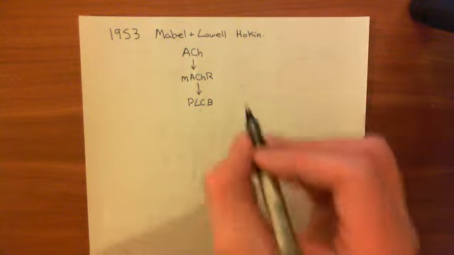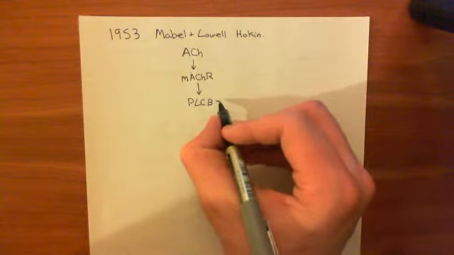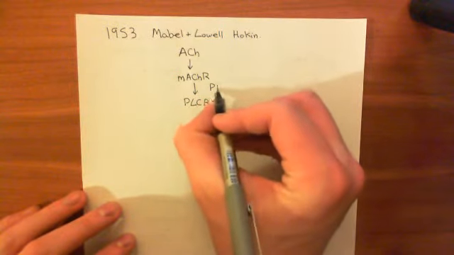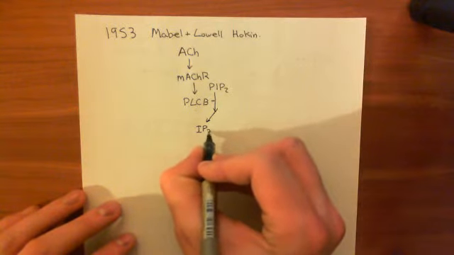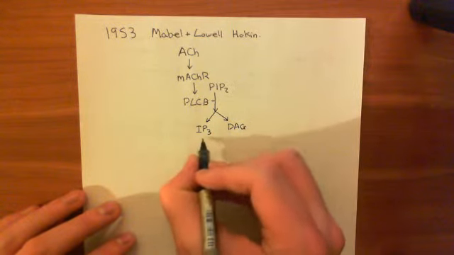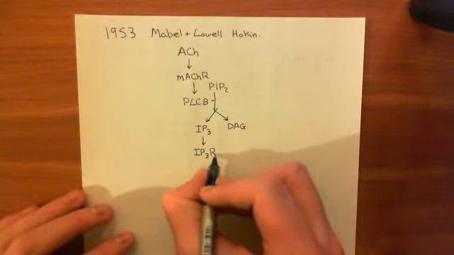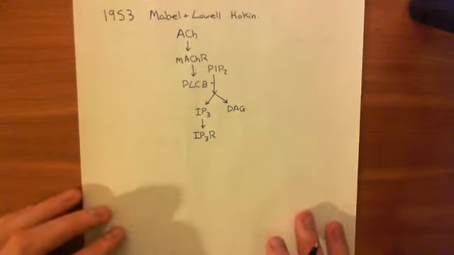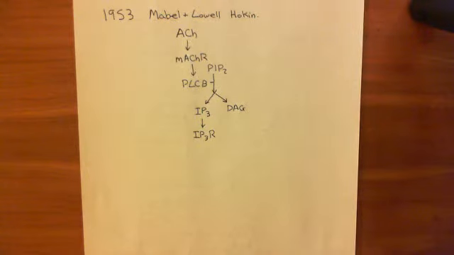Okay, phospholipase C beta was breaking down phosphatidylinositol 4,5-bisphosphate (PIP2) into IP3 and diacylglyceride. And basically, IP3 was then leading to a calcium release from the endoplasmic reticulum by activating the IP3 receptor so that it can then be activated to open by calcium. Okay, so at this time this pathway was not understood, and what Mabel and Lowell Hokin did was they noted